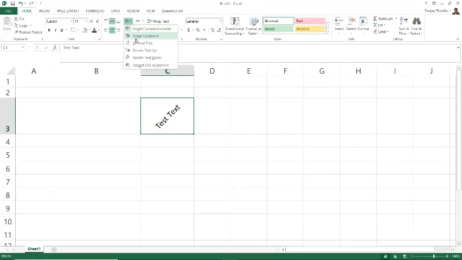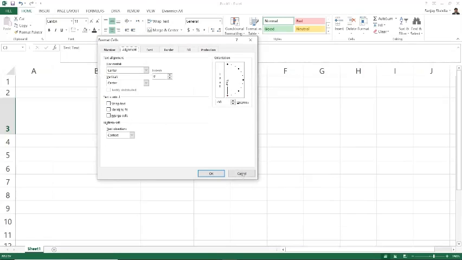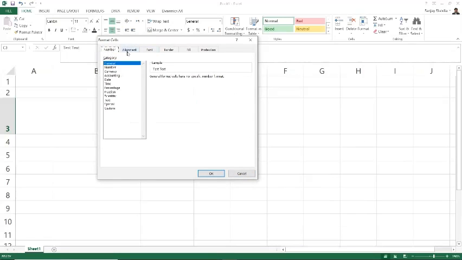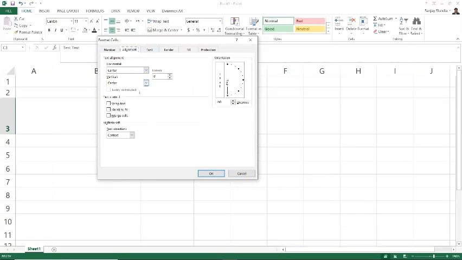This is how you can change the orientation of the text depending on your requirement. These are the various options. If you want to change it by angle, you can change it by angle also.